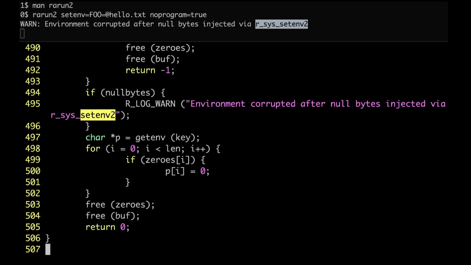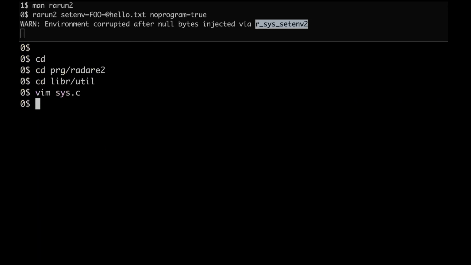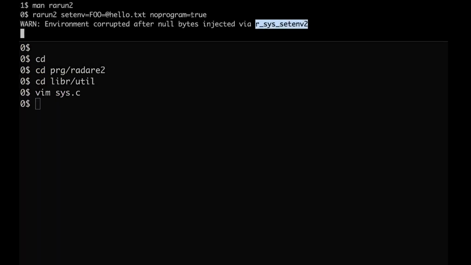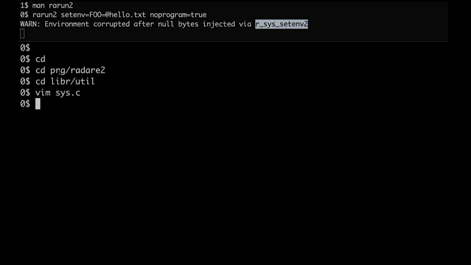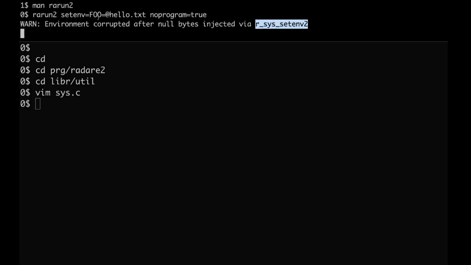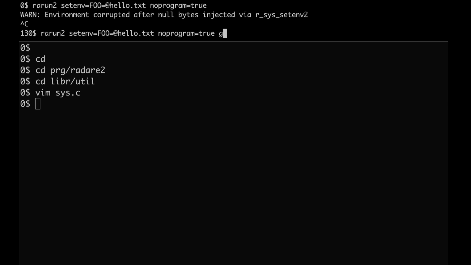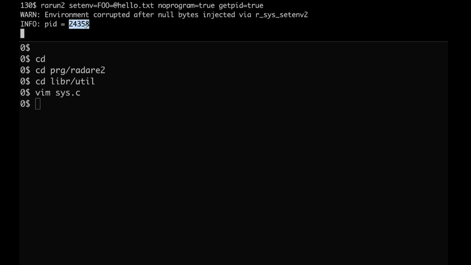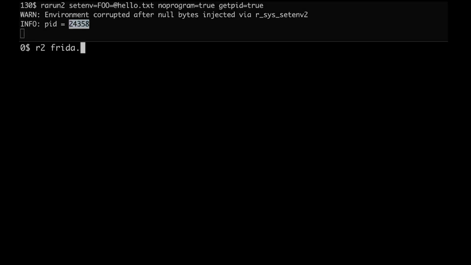So after that, you get the environment containing null bytes. There are some problems, but first of all, let's run this thing and inspect this process. Because we can attach a debugger, I will showcase R2Frida to do that, but in order to make things easier, I will just use the getPid profile option that will give you the process ID. We can just run R2Frida: